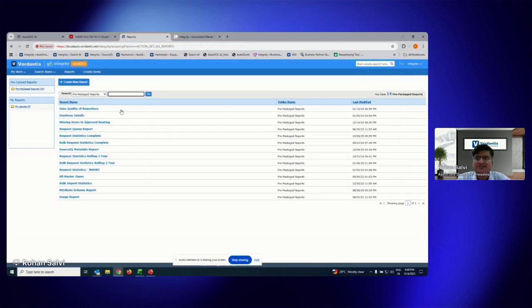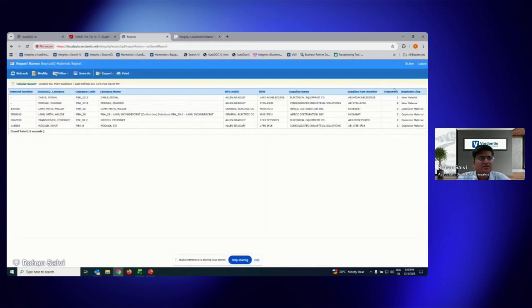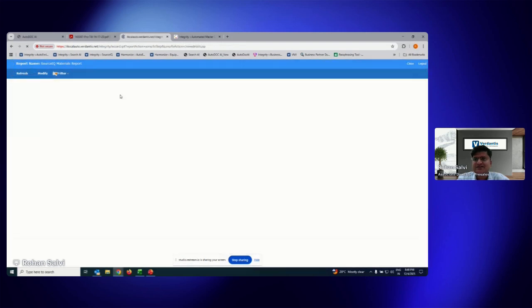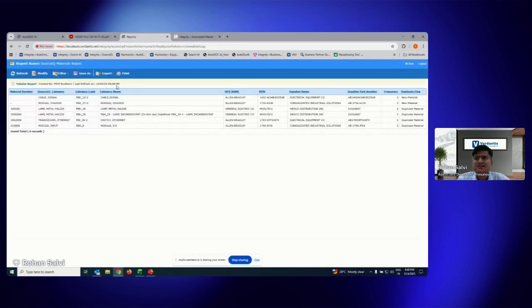I can refresh this report. Let me just refresh by entering. So I think I had run this before as well, but I'll just refresh it. So now this report has the latest and greatest data, and this is coming from the export which we made from AutoDocAI. Now, here I have an option. What I can do is export these items into an Excel, PDF, or CSV format.